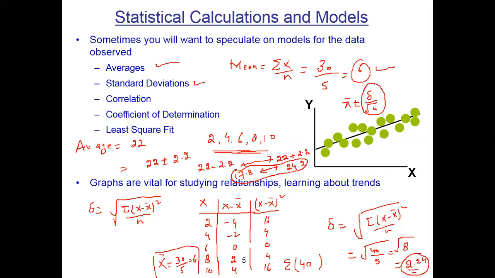Point estimation is just 22, average age is 22. But when we say average age is from 20 to 25, or average age is, for example, from 15 to 20, then we use sigma. And sigma is standard deviation; this method is for finding sigma.